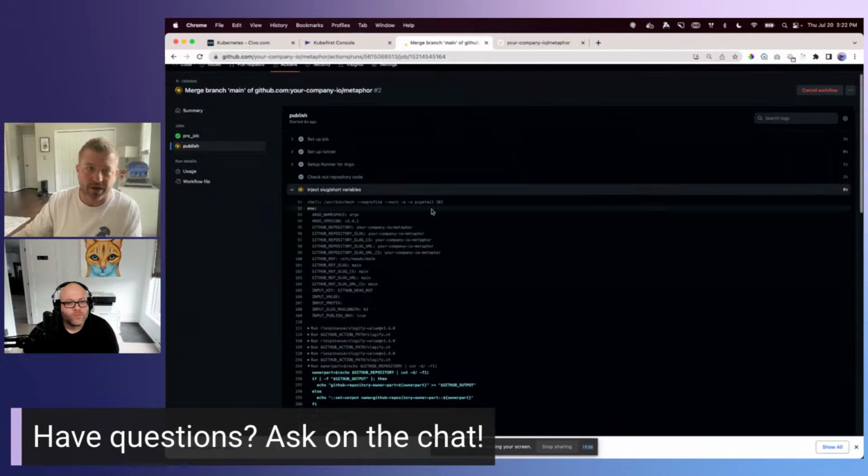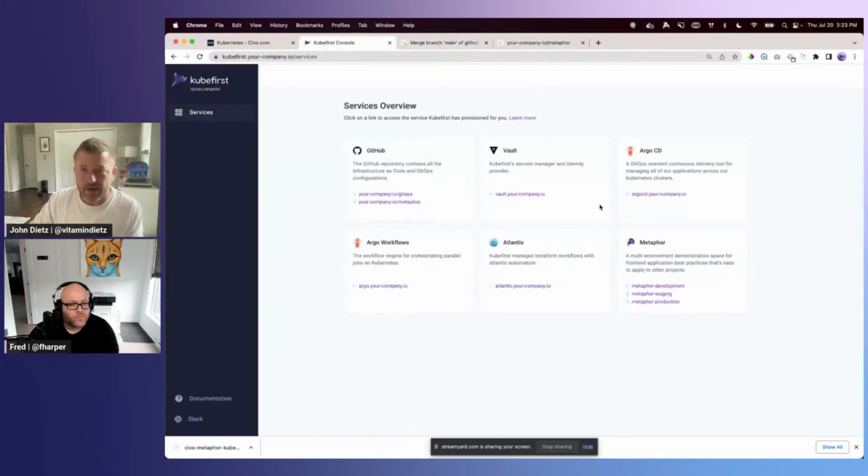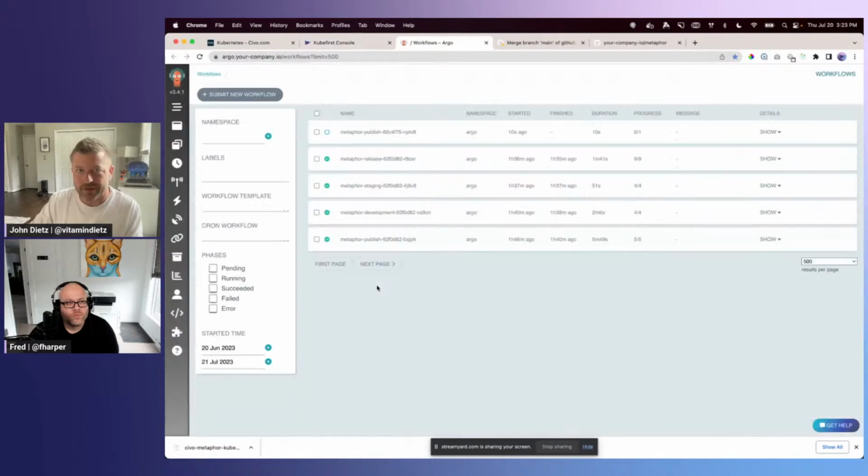And if you were to click on this and see the individual actions that are happening, you can see that this is kicking off an Argo workflow. So let's go to Argo workflows and sort of see it from that vantage point. So these 4 jobs here, these are the 4 that kick off just by installing Kubefirst. And this is the very first pipeline that's happened on this stack. I just provisioned this stack maybe like an hour or so ago.